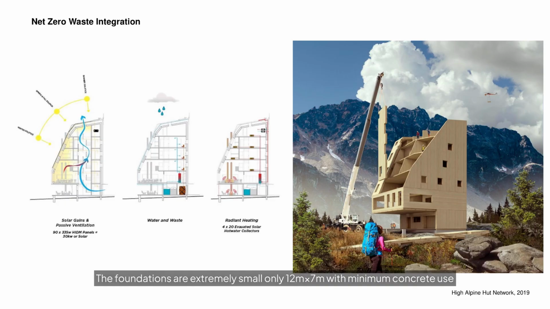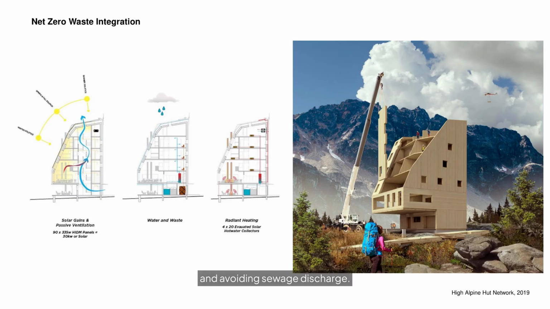The foundations are extremely small, only 12 meter by 7 meter, with minimum concrete use and disturbance to the site, essentially using less material from the start. During its operation, the hut implements closed-loop systems through using waterless toilets to handle waste on site and avoiding sewage discharge. 2. Regenerate strategy. It also relies on bioclimatic design, efficient systems, and solar design featuring solar panels and solar